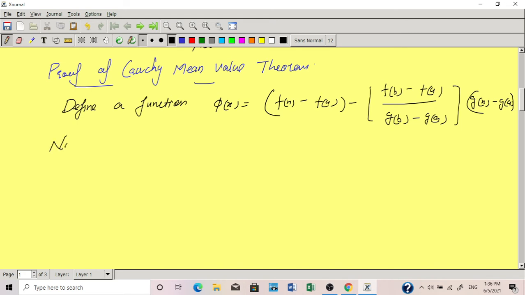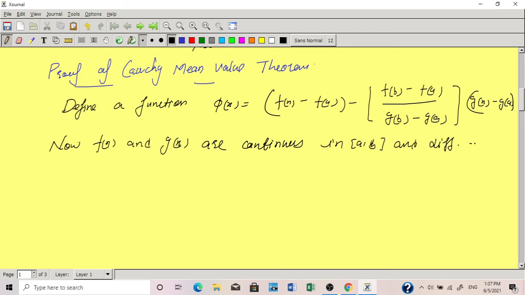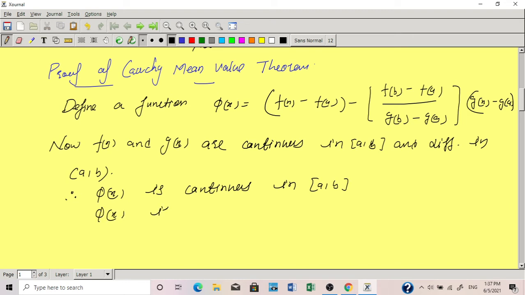Now f of x and g of x are continuous in closed interval AB and differentiable in open interval AB. Therefore phi x is continuous in closed interval AB. Phi x is differentiable